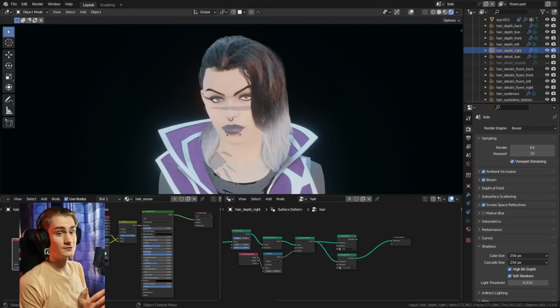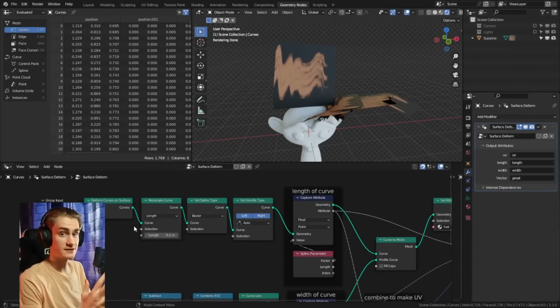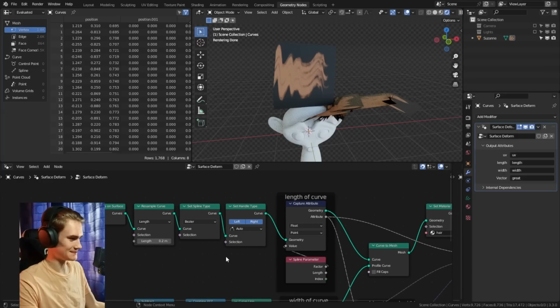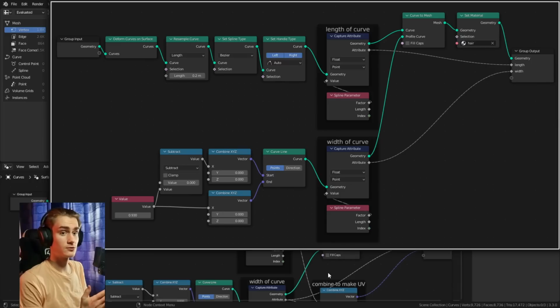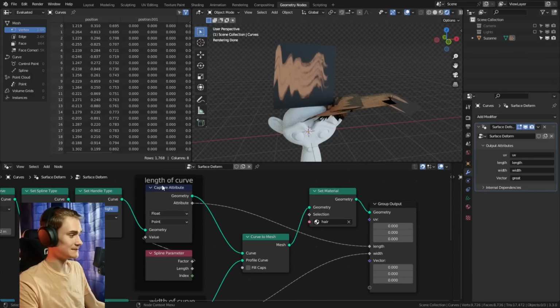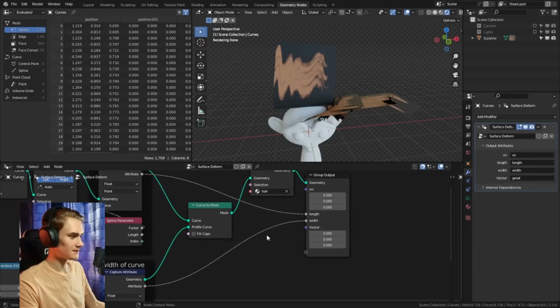And he showed me how you can create hair cards in geometry nodes. I don't want to explain every single node. We can maybe get into that if you really want that, okay? Kind of going more deeper into the geometry aspect of these nodes. We can see here, it basically turns the curve into a plane, and then it takes the length and thickness of that plane for the X and Y value of the texture, which means that now you basically grab the length of the curve right here, and you grab the width of the curve,